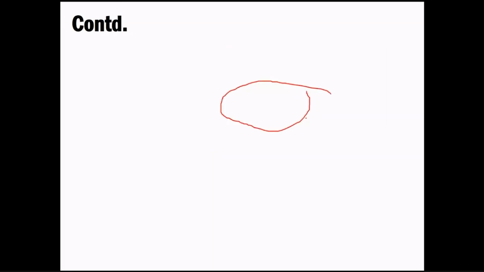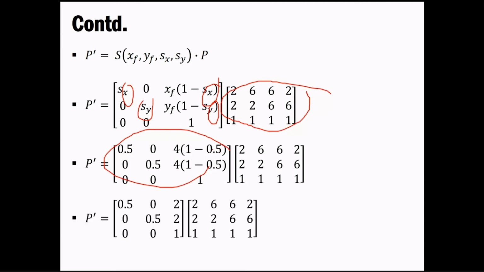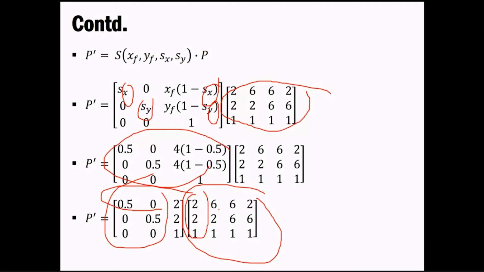Okay, (4, 4) is our fixed point, so we'll put it over here, and similarly we'll apply our scaling factors over here, that is sx and sy. Put all this together and try to simplify it with a simple operation, that is 1 minus 0.5, so we get 0.5. Multiply it with the neighbor entries, generalize it and put it in the very base form, and then simply multiply it with the rows whatever you have. Okay, so putting this together you get the final coordinates.